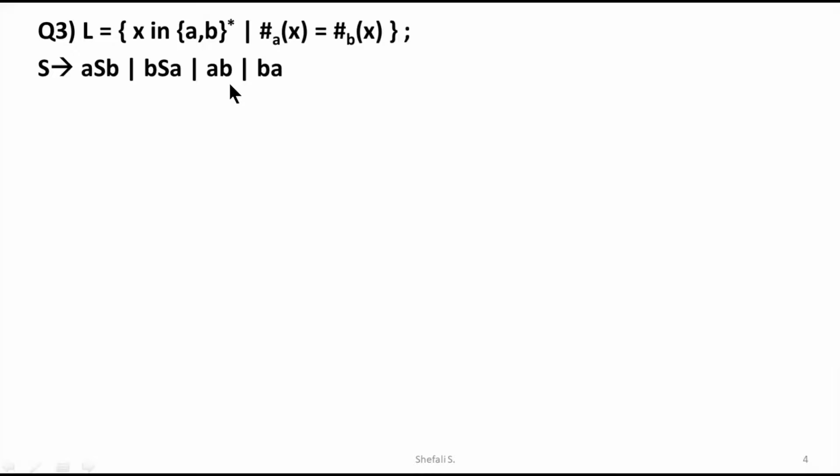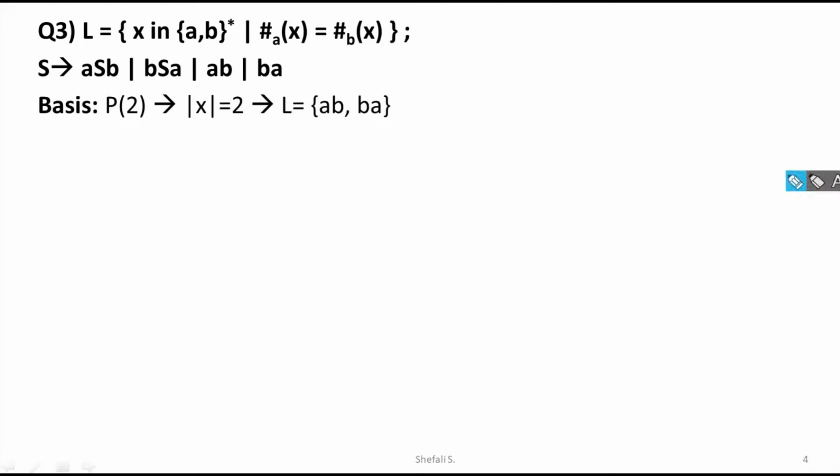So obviously, as per our convention, AB, BA, these are the leaf nodes. S is again the variable, and we need to have the expansion of this particular language. How do we have the expansion of a language? For the base condition, where the size of the string is taken as 2, if I want to go for the generation of a language, how should I go for the generation?